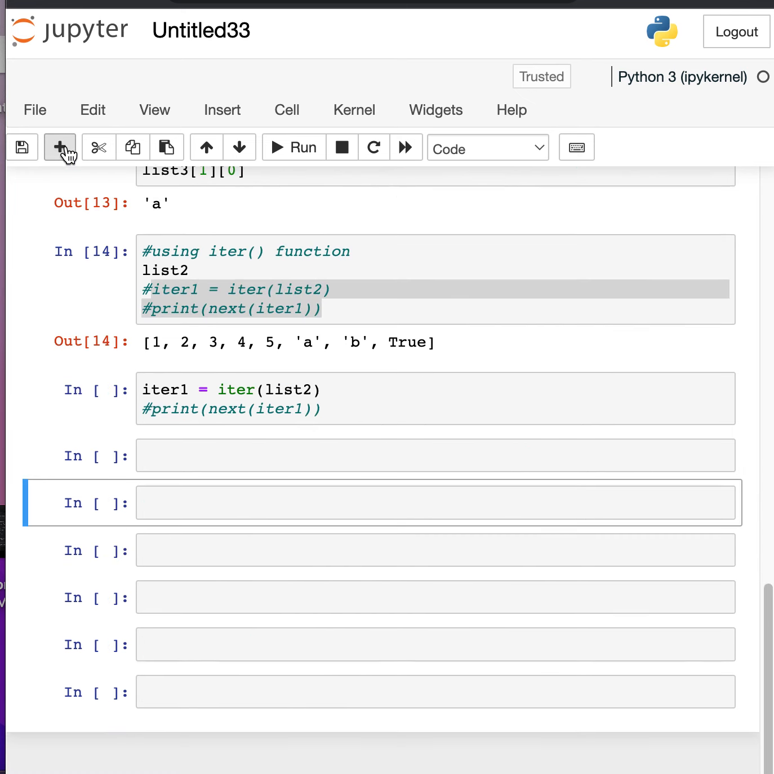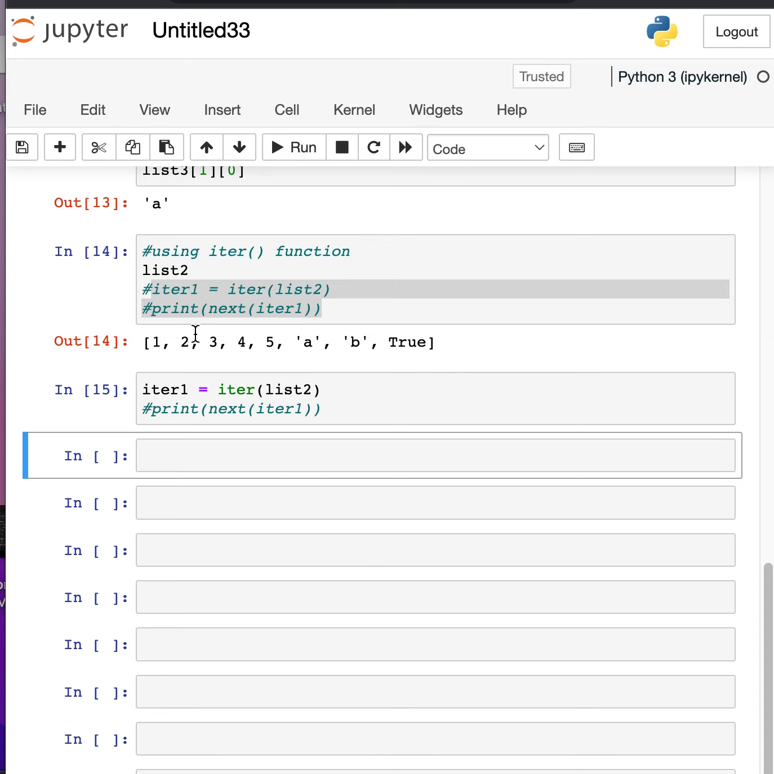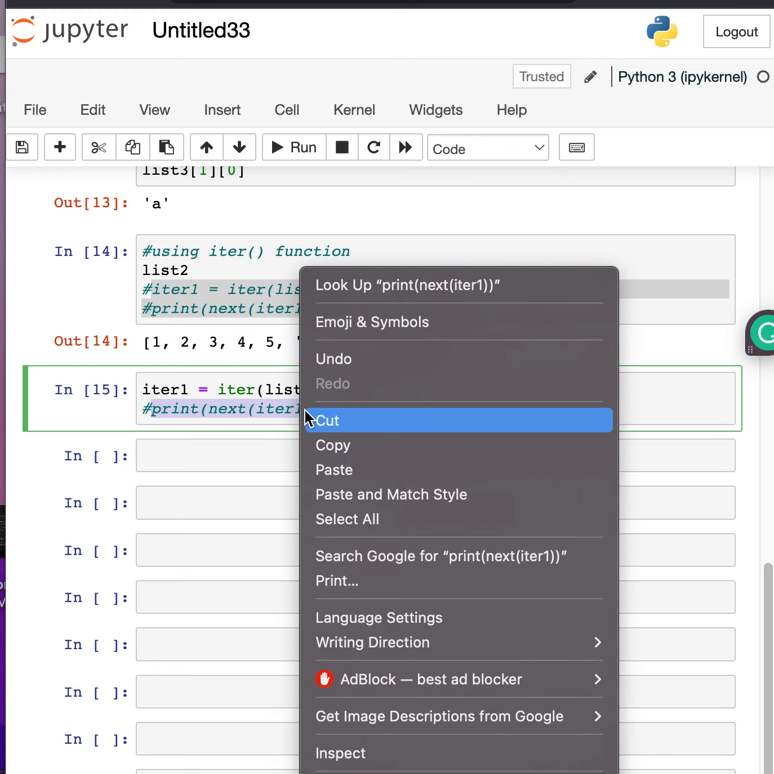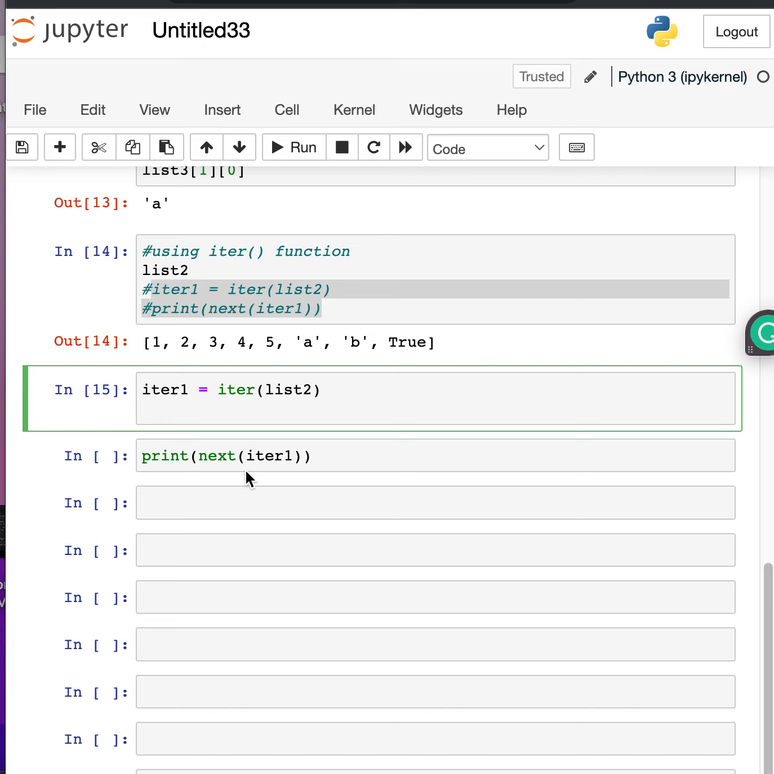Our list 2 contains the elements 1, 2, 3, 4, 5, A, B, and 2. And we have declared one variable, iter1, and to iter1 we have given the iter function with the list we have just created. If you run this, it will assign the list to our iter function. Now if you use the next function, and inside the next function pass the iter1 variable we have just created, then it will print